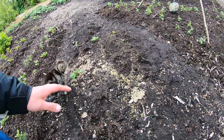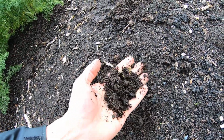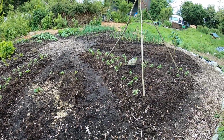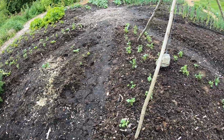This bed here is the only bed that hasn't been replenished. As you can see, the compost here is 1 year old now. We made this pizza garden in June last year, so this is the end of May, the year after. We're going to top that up with an extra 10 centimeters of compost here, like we did with